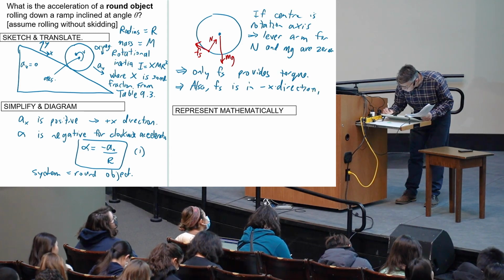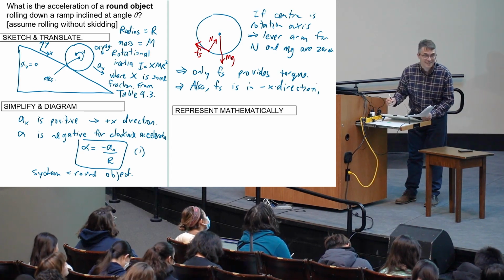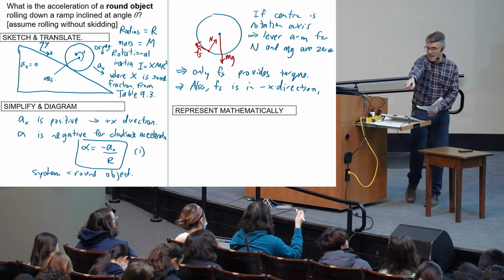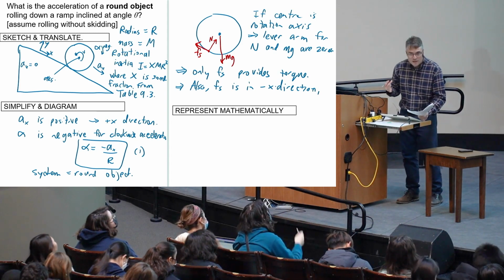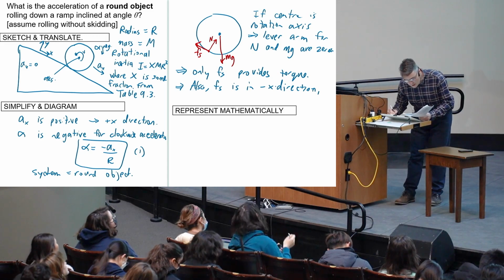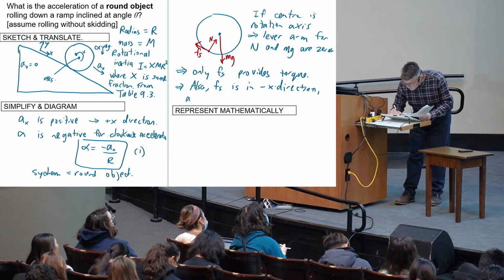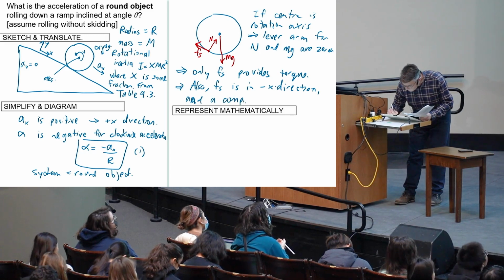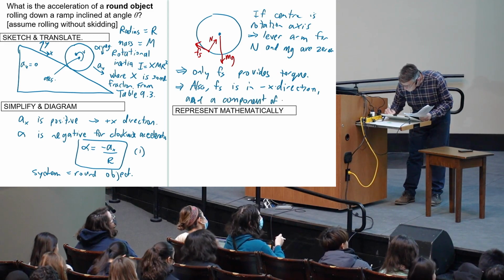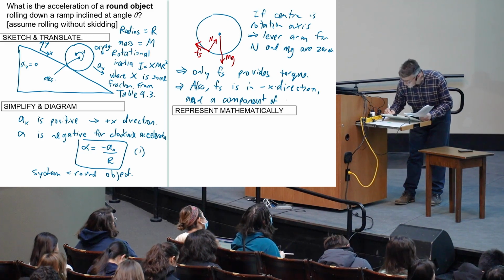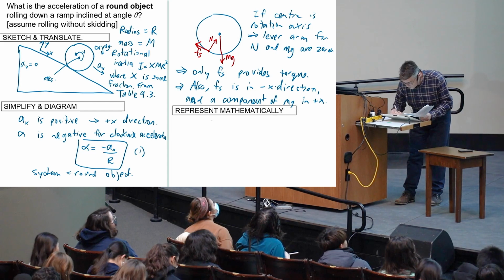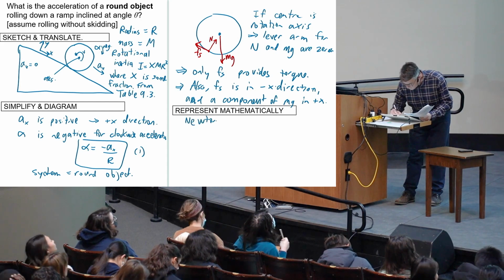And so why would it go down the hill? Is there anything in the plus x direction? What? Exactly. Okay, so there's a component of mg, say a component of, it's probably going to be mg sine theta or something, mg in plus x. So that's good. So just write down Newton's second law,